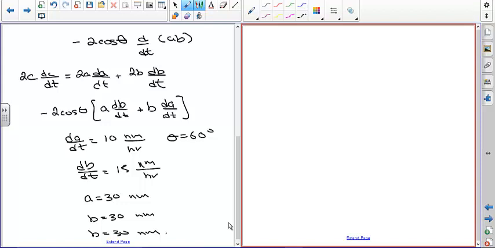Okay. Why is the negative 2 cosine, like when we get the derivative of that, why is it negative 2 cosine? Well, you've got the 2 cosine theta is like a constant, so it's the constant multiplier rule. So when you would take the derivative of the part that's actually varying, which both A and B are varying, so that's the part I take the derivative with respect to. The rest of it, 2 cosine theta, is just like 4 or 6. So I don't take the derivative of that part. You only take the derivative with respect to the parts that actually are changing. Oh,